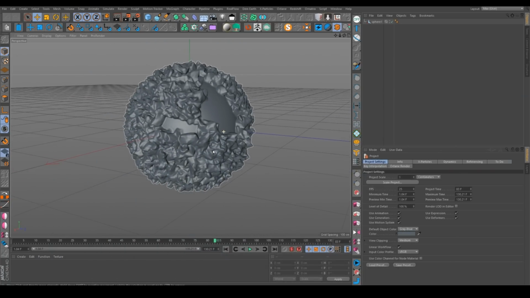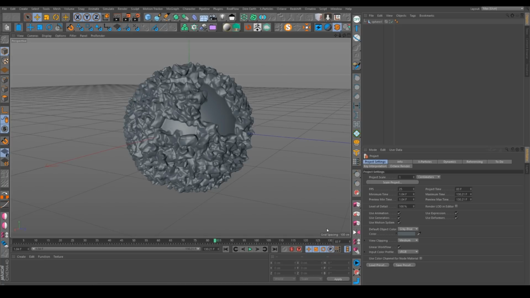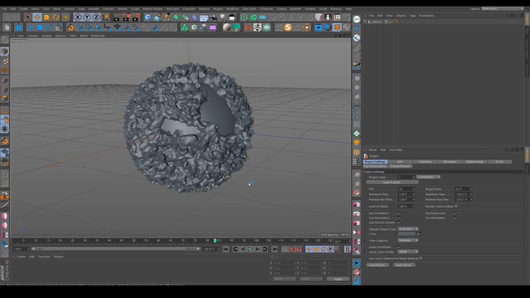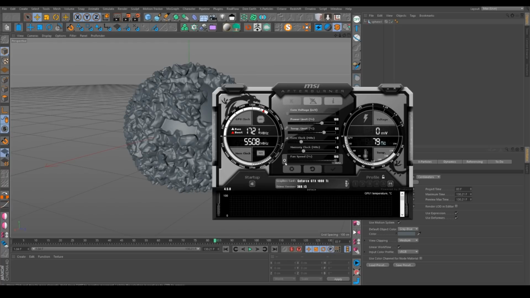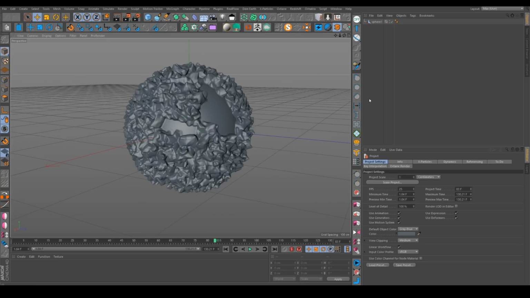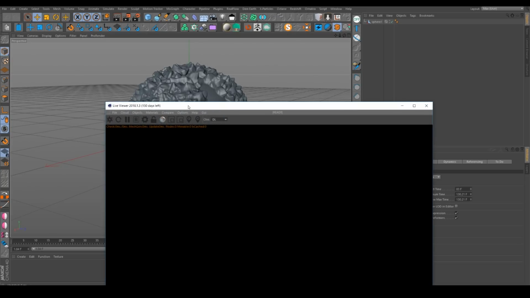So I use Octane Render, but you can use any kind of renderer. I will use a small program called Afterburner. Afterburner allows me to use my fans and decrease the temperature of my cards. They are actually running pretty hot because it's summer in Paris, and we have a heat wave there, so